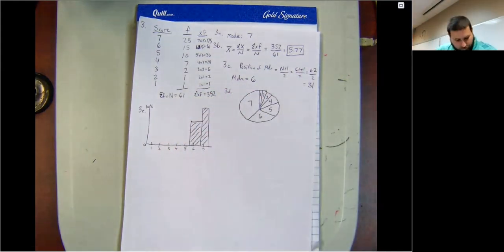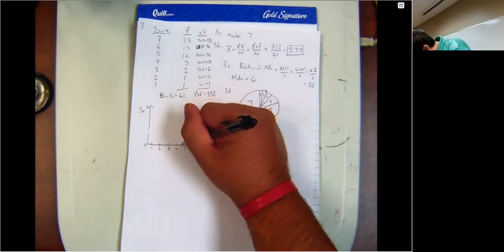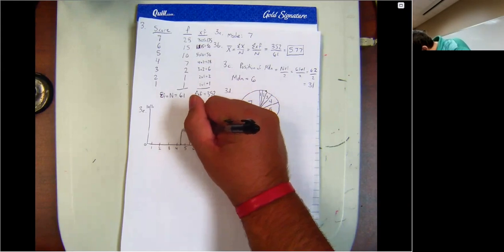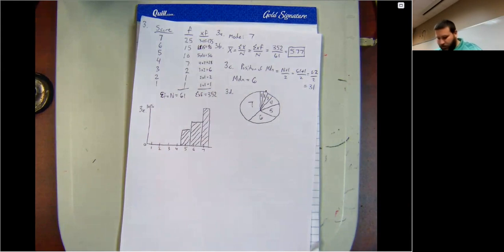For 5, the way we work these is it's all but 40 numbers out of 61. So 61 minus 40, that's the 25 and 15 that we're excluding for 7 and 6. That's 21 out of 61. That's 34.43% of the data. So about a third. So we go up about a third. This is our 5s. And then the 4s,